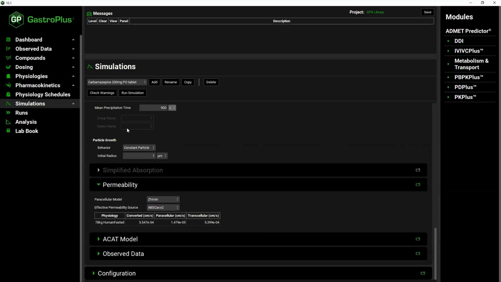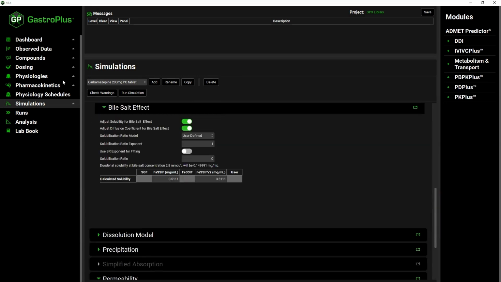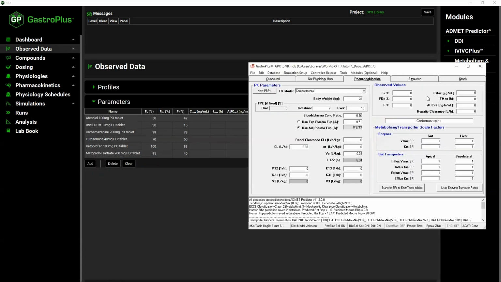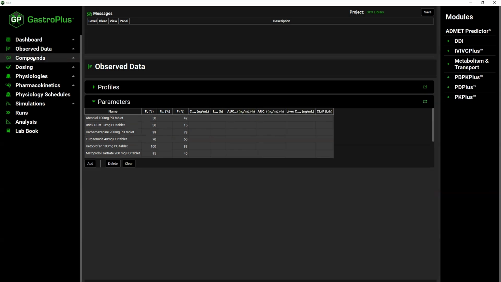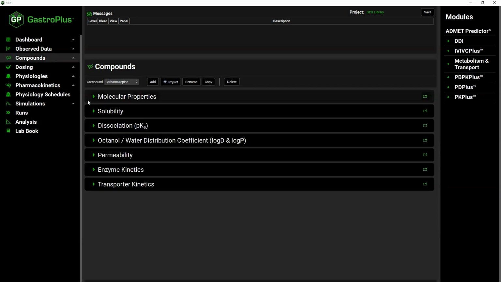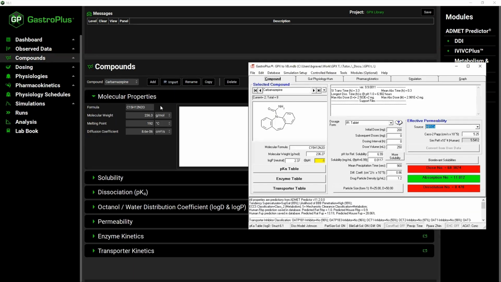So we're kind of done with the simulations view for the first pass. Let's go and check the carbamazepine parameters and get those into our database here. So the carbamazepine FA is 99 and the F is 78%. Moving back to the compound view, selecting carbamazepine at the top